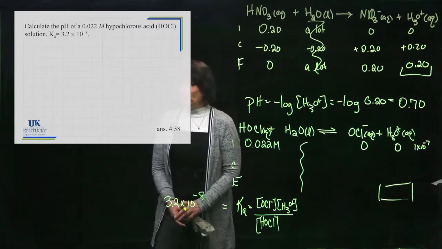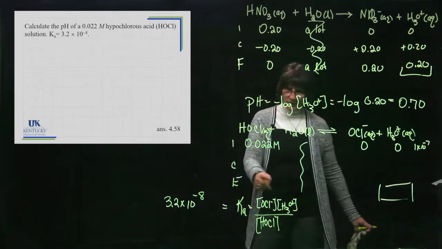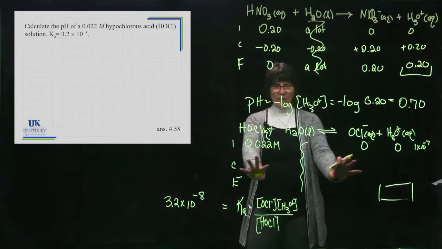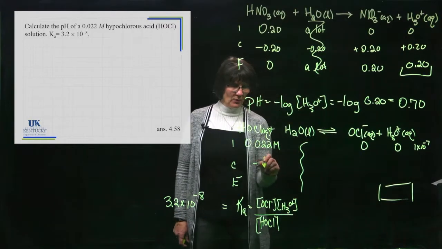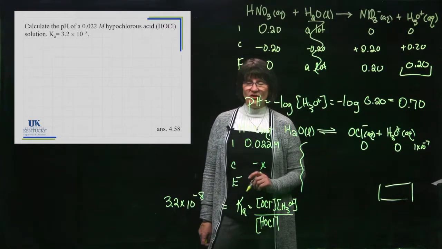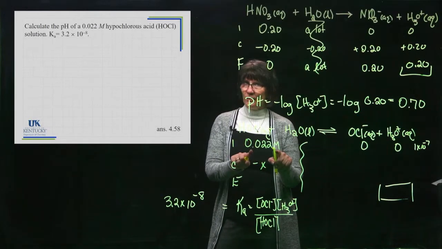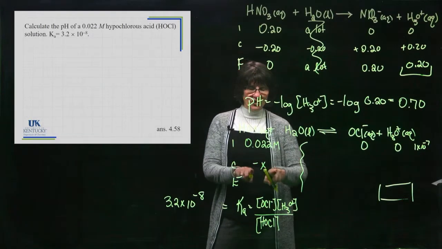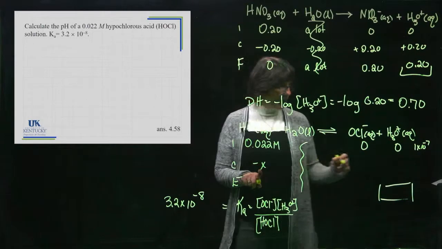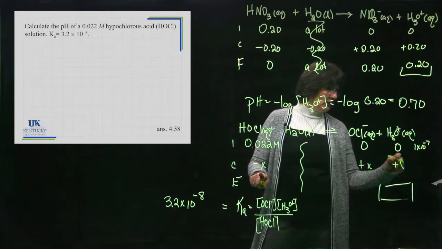Okay, so that's what I know. That's what's given to me. That's how I'd utilize it. Okay, nothing else I can plug into my table, so here's where I'm stuck using a variable. I know some of this reacts. It's an equilibrium. Some of it will react, but not all of it. Only some of it reacts. For every one of those, I produce one of those and one of those.